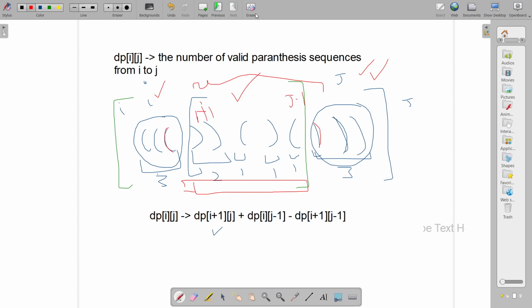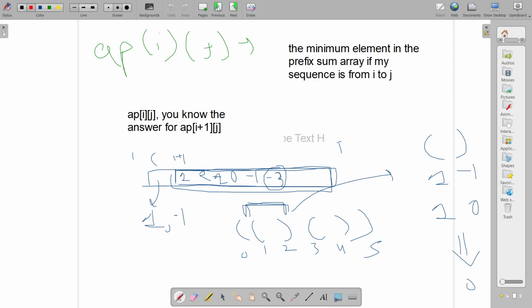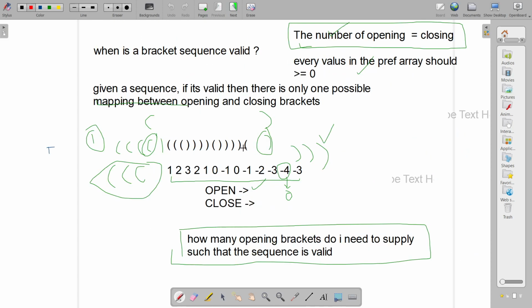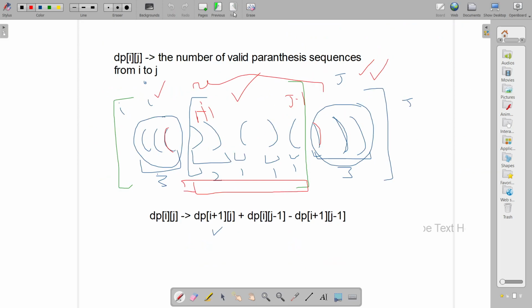And like I said before, how many elements do you need to add in a given sequence, and you have two guys, one is providing opening brackets, the other is providing closing brackets. So this is a similar situation. You have a sequence from i plus 1 to j minus 1. You have this ith guy which provides you with opening brackets, the jth guy which provides you with closing brackets.